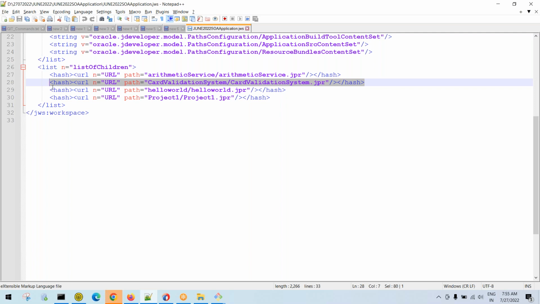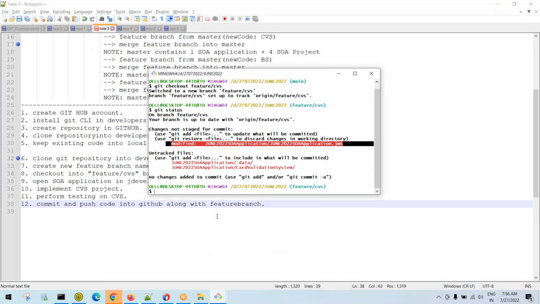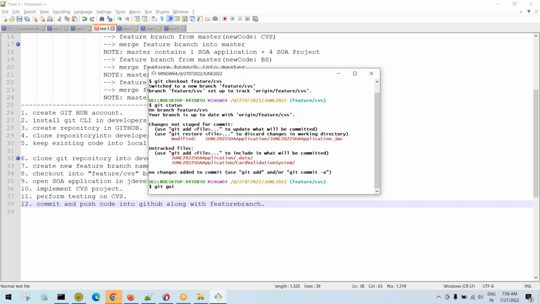Okay, so while I am introducing applications and SOA projects, whenever you have a new SOA project, that will be added into your JWS file. Okay, fine. That's the reason it is showing JWS file modified status, and card validation system project as untracked file. Okay, done. So what I want to do now, go to git GUI,